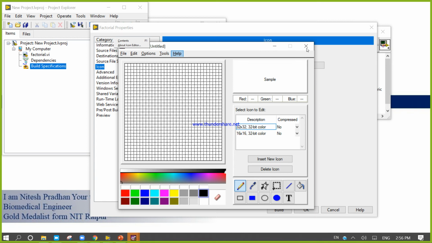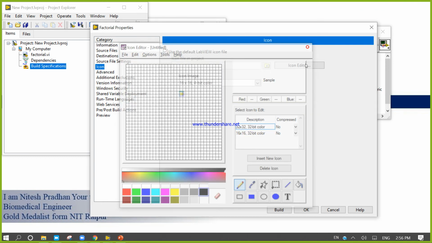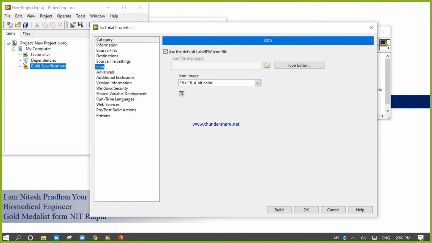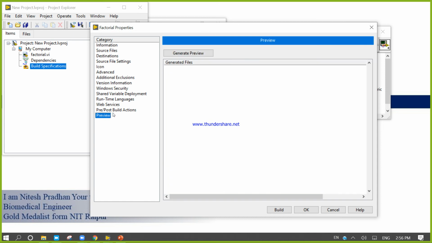But I am not going to edit anything, because we don't have that much time. Preview, generate preview.